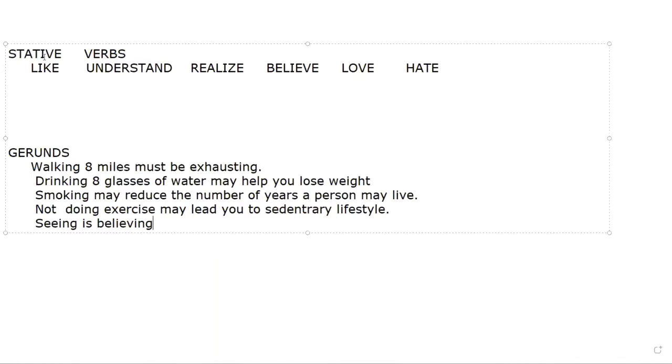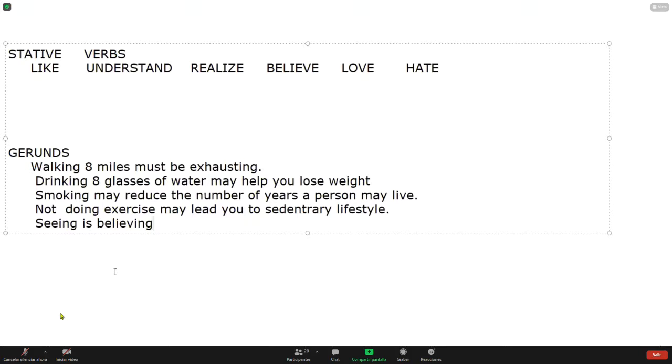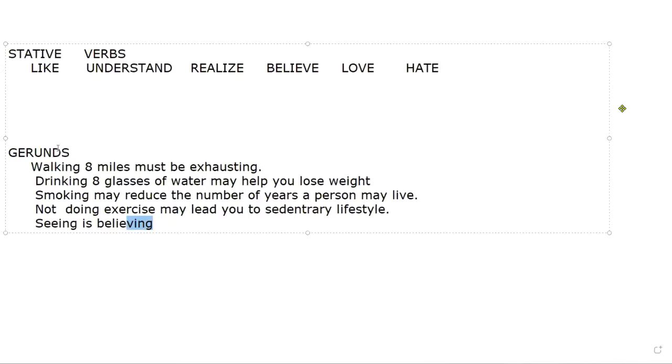And then coming back to the stative verbs. Stative verbs, remember, are verbs what? What are the stative verbs? Verbs which are not ending with ing. Okay, which are not commonly used in a continuous form. Because if you say ending in ing, it is not exactly. Observe, here believing is ending in ing, but it's a gerund. It's not a present continuous.